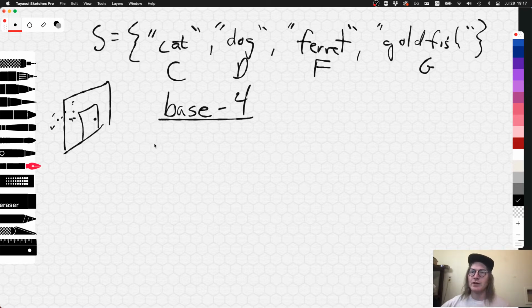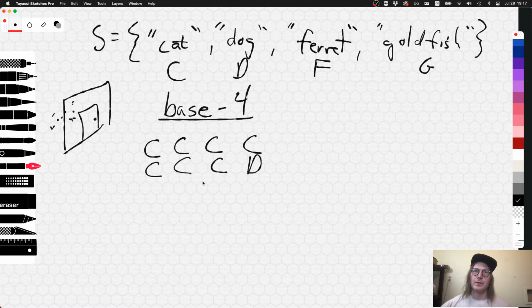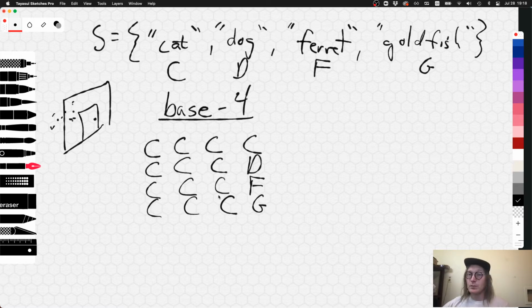Here's a possibility that we can start at. We draw the cat 4 times. Here's another possibility. We draw the cat 3 times and then the dog. We can draw the cat 3 times and then the ferret. We can draw the cat 3 times and then the goldfish. This is not different from the base 10 system. What's going to happen here is we counted cat, cat, cat, cat; cat, cat, cat, dog; cat, cat, cat, ferret; cat, cat, cat, goldfish;